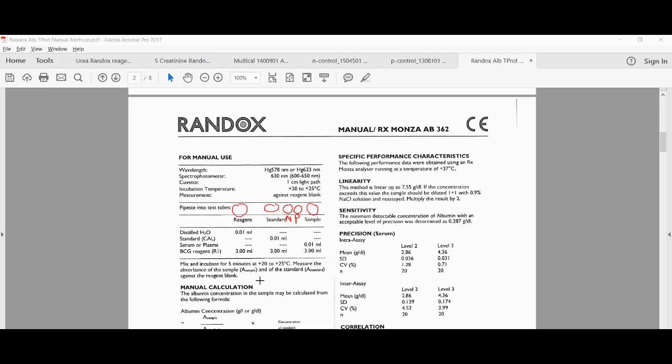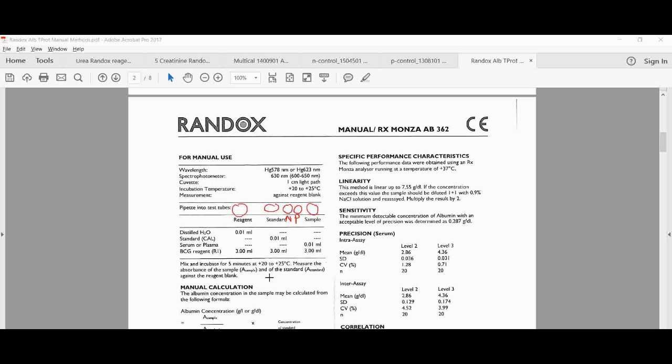Then you press 0. Now you have your starting point for your measurement. Then you add your standard sample that you put into a cuvette, and you put your cuvette in your spectrophotometer and observe what the absorbance is,